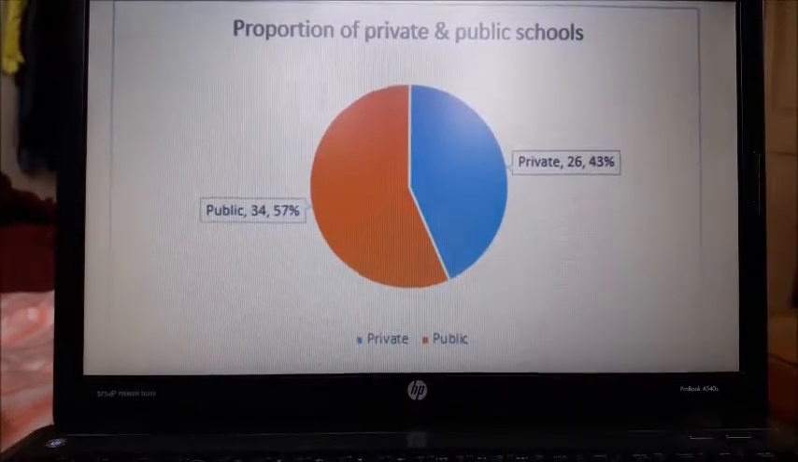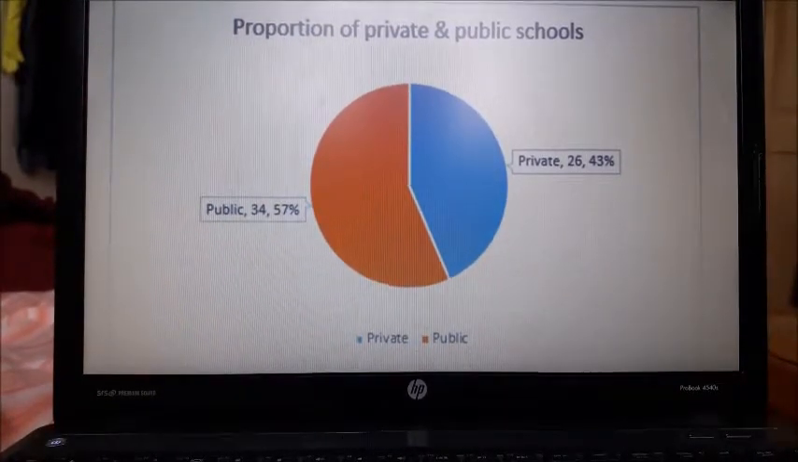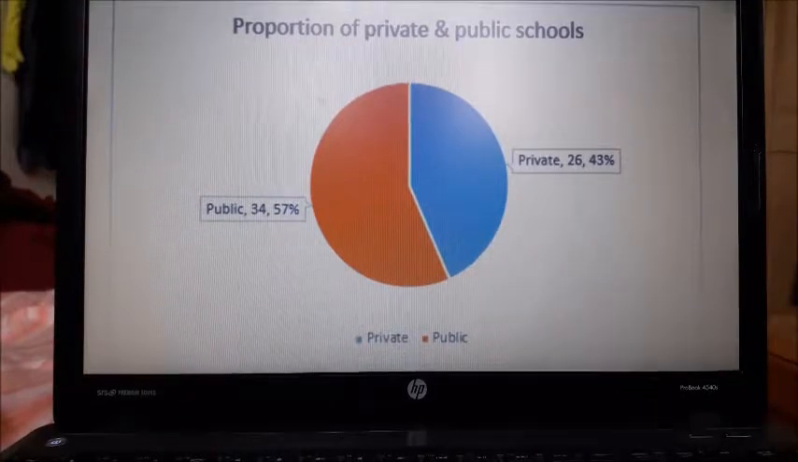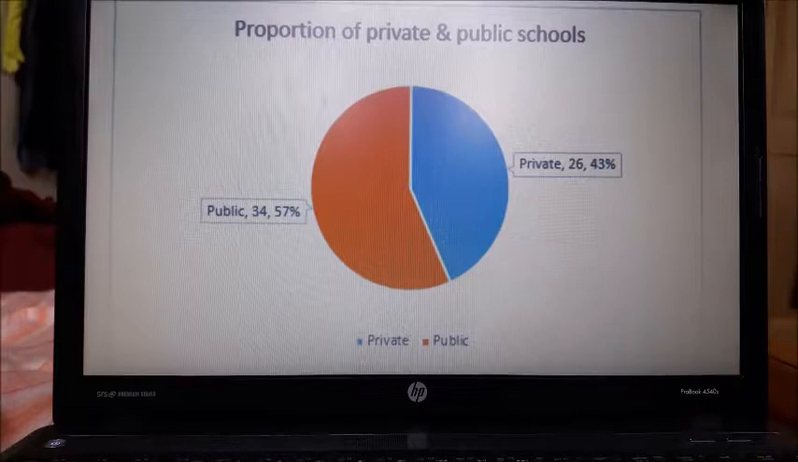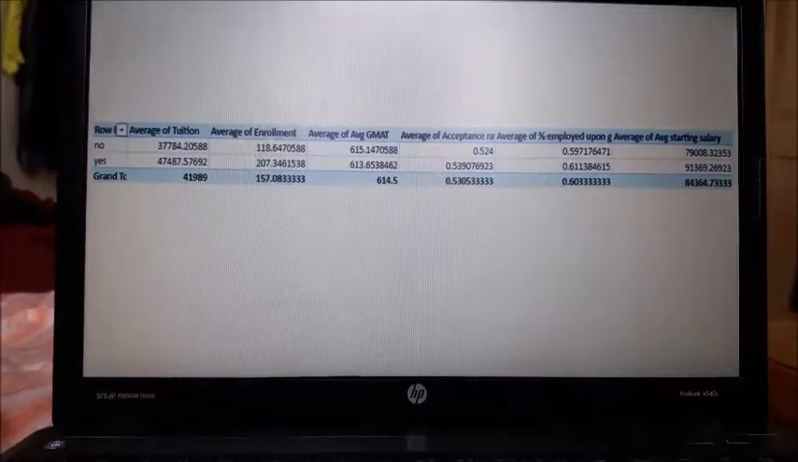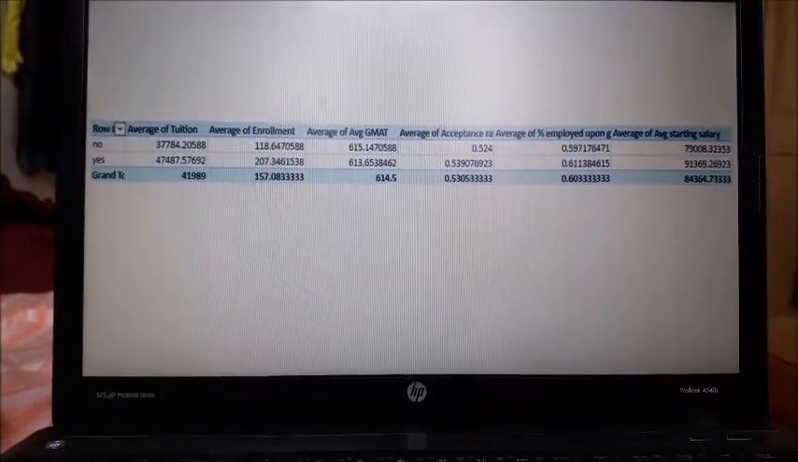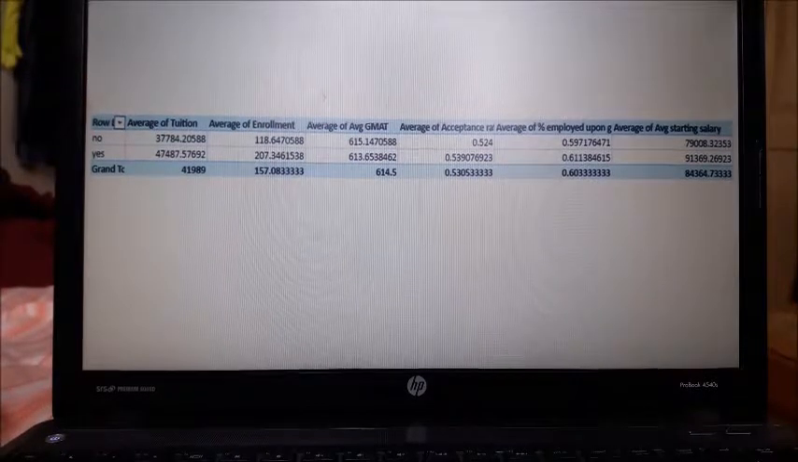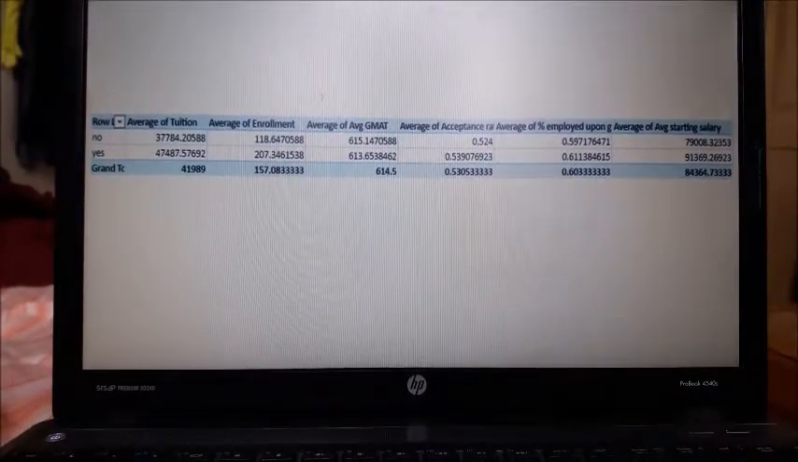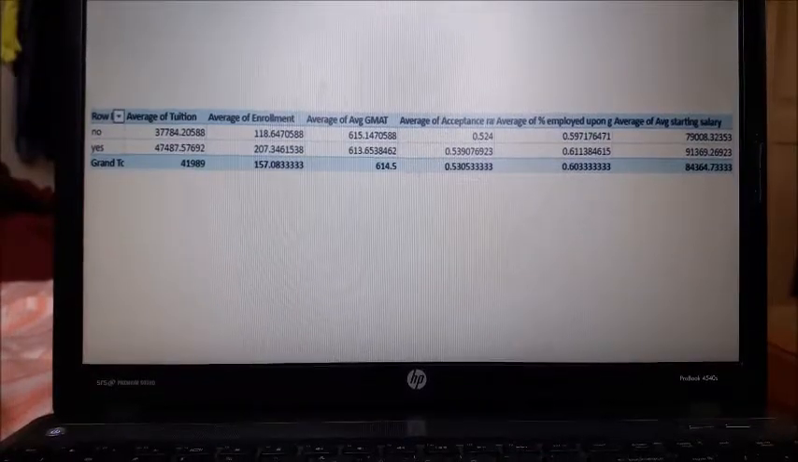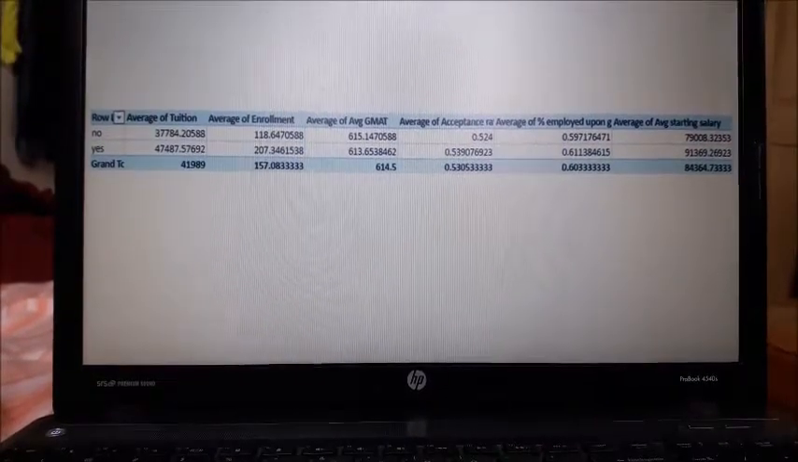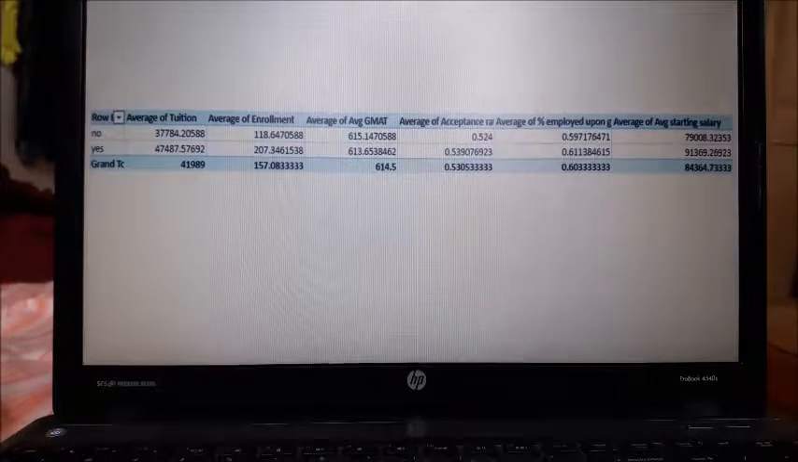Here you can see a graph showing the makeup of my sample. 34 of my observations were public schools and 26 of them were private schools. This in and of itself doesn't mean a whole lot, but here we have a little table showing the relationships that whether or not a school is public or private has on the other 5 independent variables as well as starting salary. Here you can see the average tuition is about $10,000 higher, the average enrollment is about twice